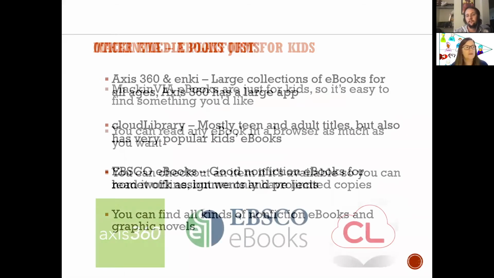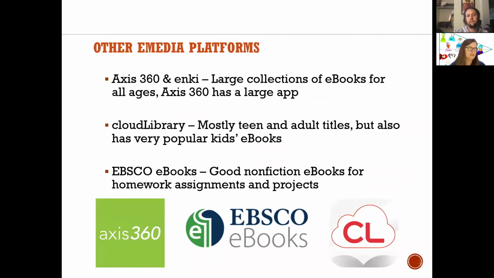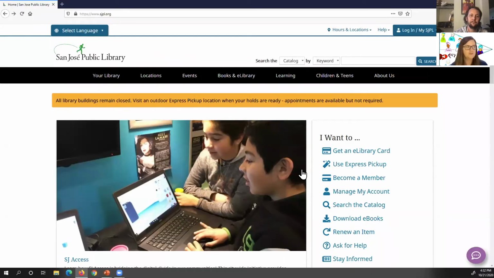So if you're thinking, oh my goodness, here's more, Access 360, Cloud Library, EBSCO eBooks, there's a lot of services, how do I have to go search all of them individually? Well, no, you absolutely do not. So although I showed you how you could go directly to Overdrive and search for a book just in Overdrive, actually, all of these books will show up just in our catalog, same way a physical book will. So I'm going to search for that Six of Crows again.